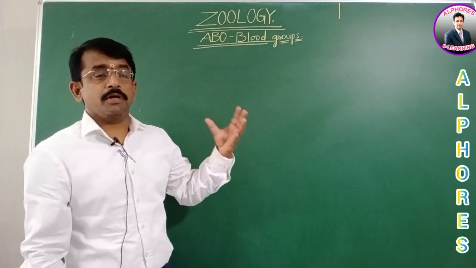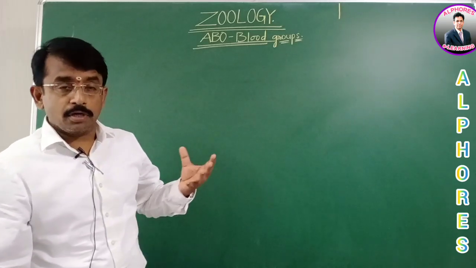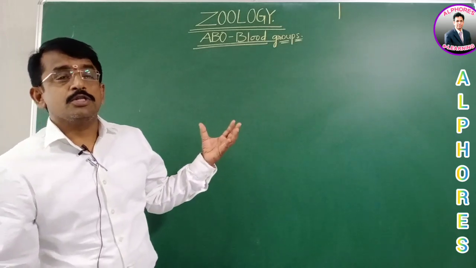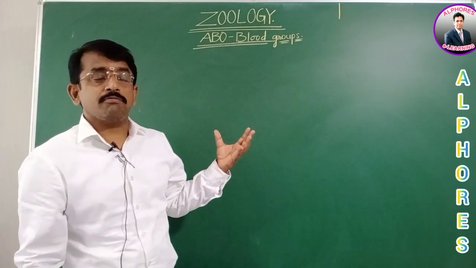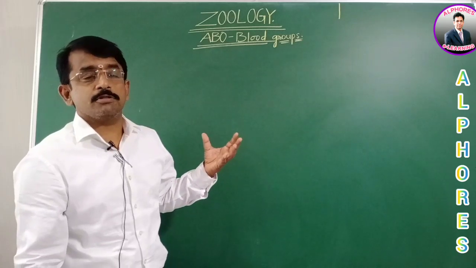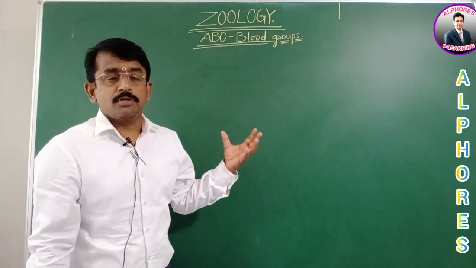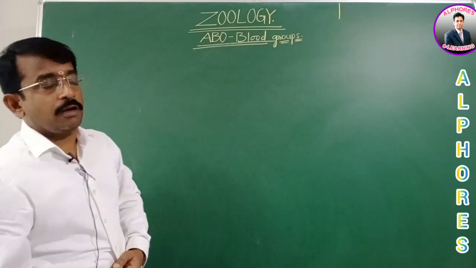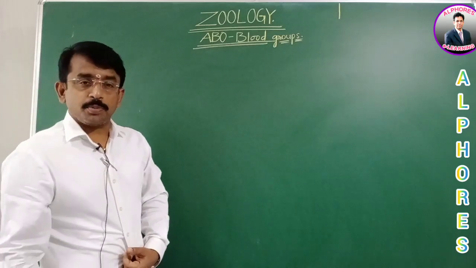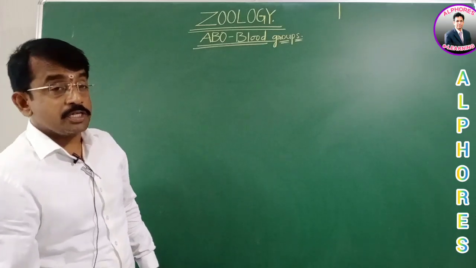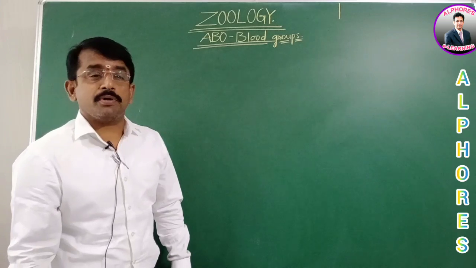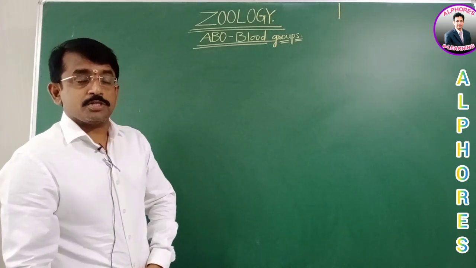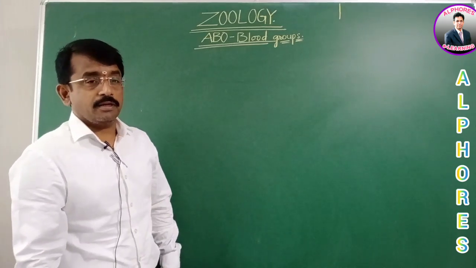Prothrombin and fibrinogen play a role in blood coagulation, and serum albumin is for water retention, and its deficiency causes edema. Serum globulins are immunoglobulins that are for the immune purpose. And the pH of the blood is always maintained at 7.4, which is slightly alkaline.